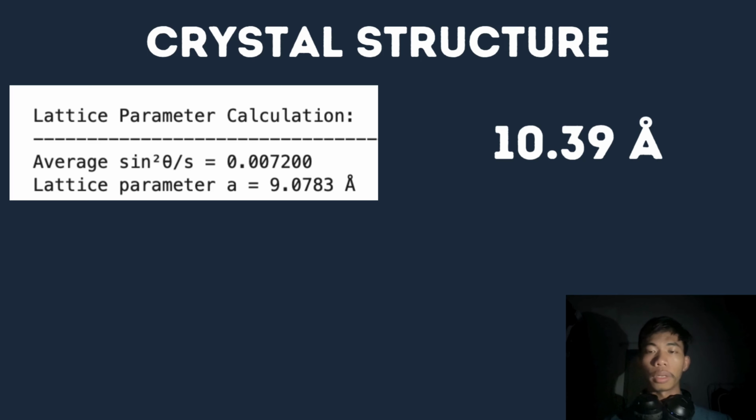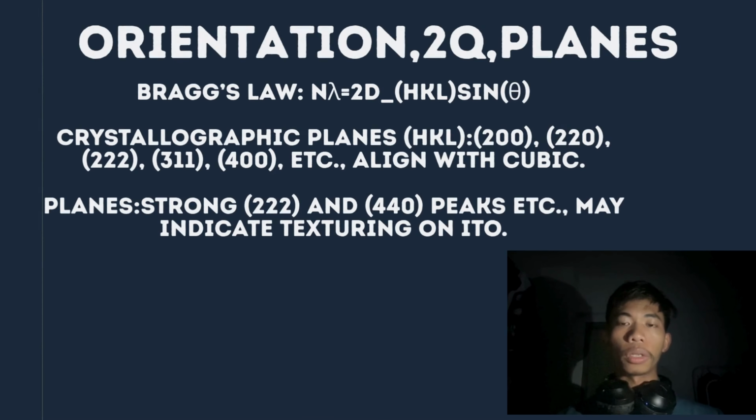other elements or something that contributes to the orientation of the planes, which can be related to Bragg's law, and lambda to this d-spacing, HKL, sin theta, and we took n as 1 and lambda is 1.5-something, and then to this spacing, and then sin theta we got from the 2 theta from the XRD. Crystallographic planes HKL 200, 220, 222, and so on